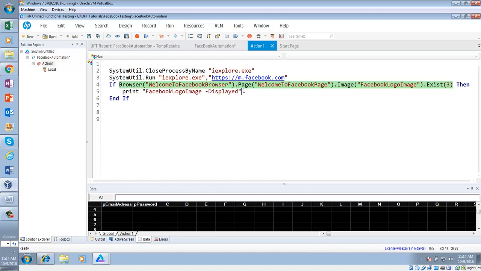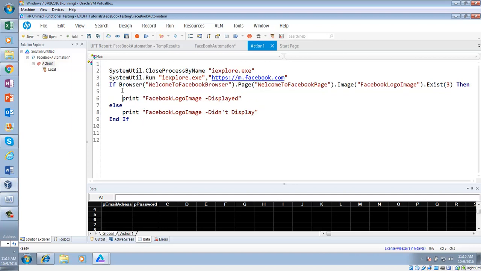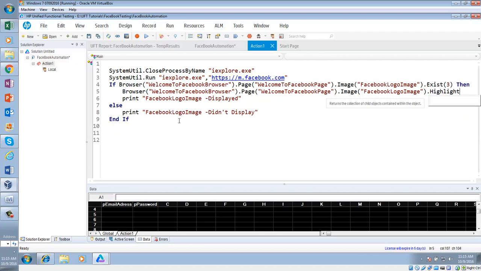Now if you do not get it, that means in the else block, you print Facebook logo image not displayed. Now this is for our understanding. If this object is displayed, we just want to highlight it. This is optional. Remember, you do not have to do that. If this object is there, we want to highlight that object. Okay, now if you execute the same code,